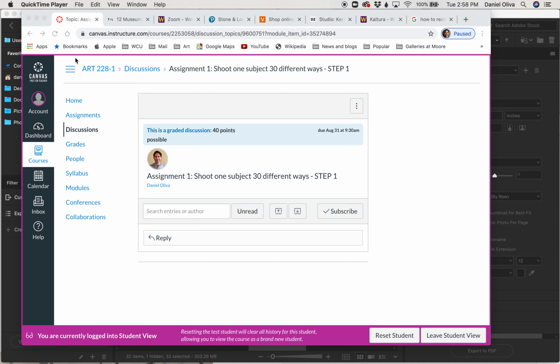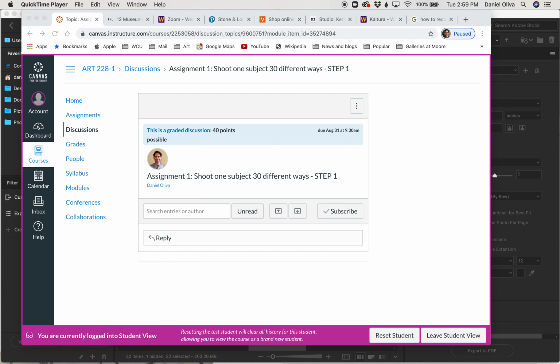This is a quick tutorial video about how to work in Bridge with photos that you've shot on your DSLR or JPEGs that you've exported from an iPhone, and how to work with Bridge to create a contact sheet, and then put that contact sheet into the Canvas course discussion folder, which you see here in front of you. So our goal is to end up with a contact sheet in the discussion folder as part of step 1